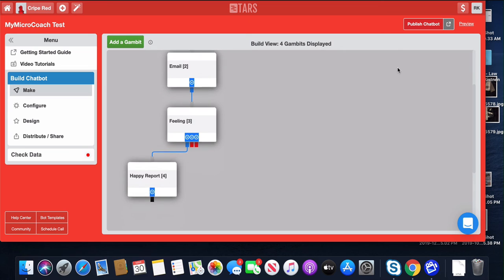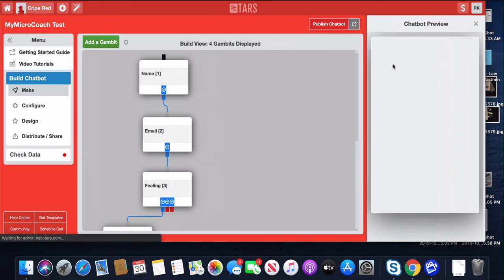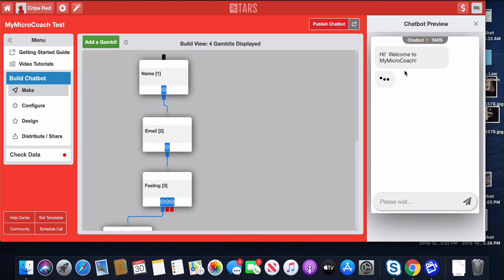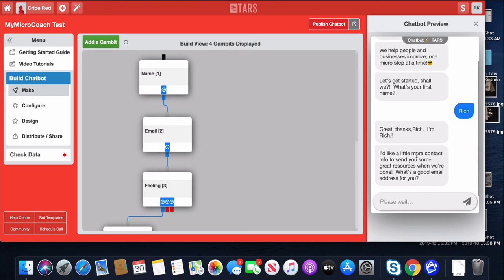So now built into the chatbot we have in the program is a preview of this. So let's just see what it's looking like. Welcome to my micro coach. Blah, blah, blah. What's your name? And as you can see, it pulled in my name from that box before. And then if I want to keep on going with it,